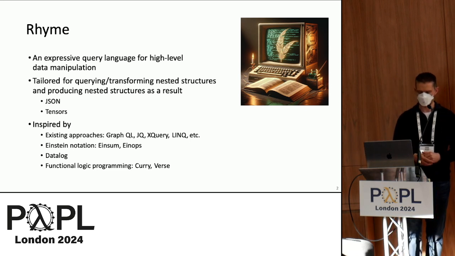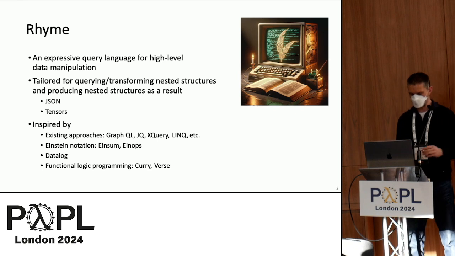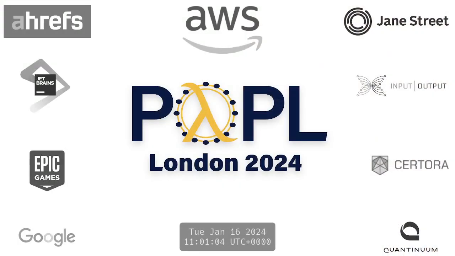If you remember, XML databases were a hot thing maybe a decade ago, things like XQuery, and today we have GraphQL and JQ, and of course,